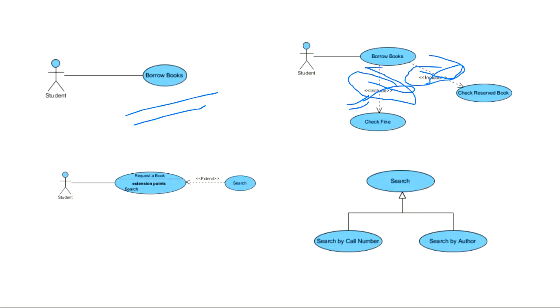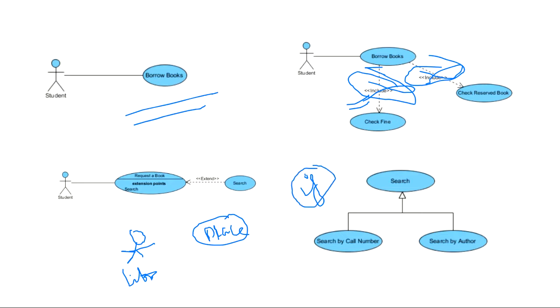For example, if there is a statement that you are a librarian, and whenever a person places an order, suppose you try to place an order, and when you are placing an order, if the money is exceeding a certain amount, you will give an error message. This is the statement, or you will report to your higher authority, something of that kind. So if this is what is written, what does this mean? Will you use include or will you use extend?